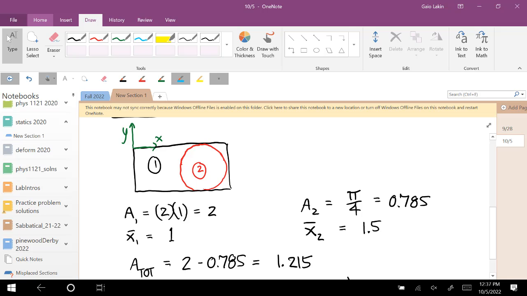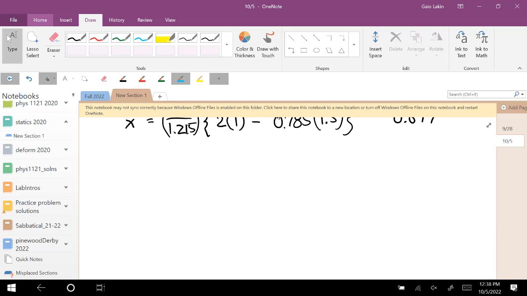Okay, so since there's no material here and there is material here, that's going to move the centroid from the middle this way. So it's like over here somewhere. And now we have to figure out where the point force representing that distributed load acts. So for that triangle,